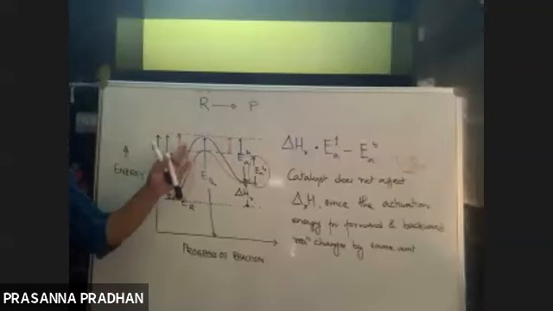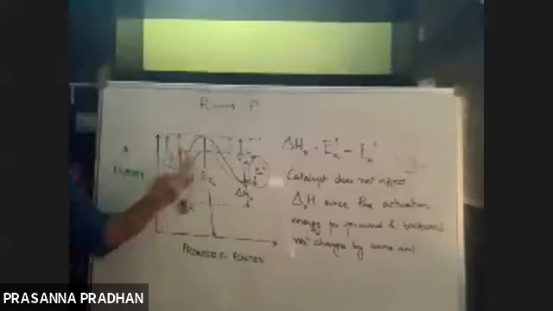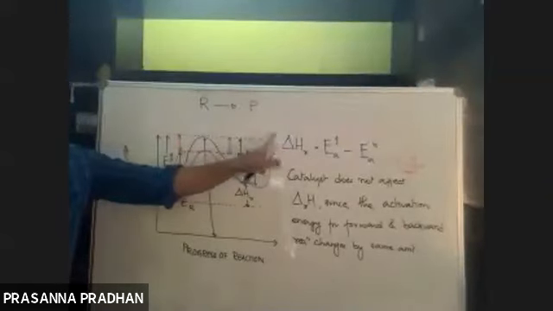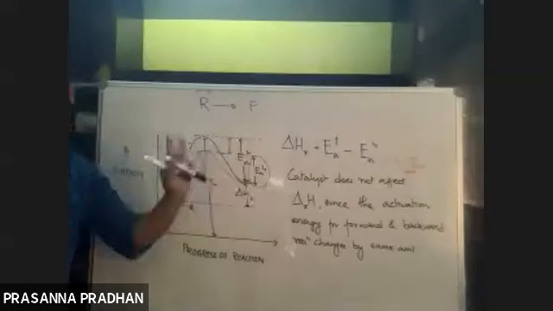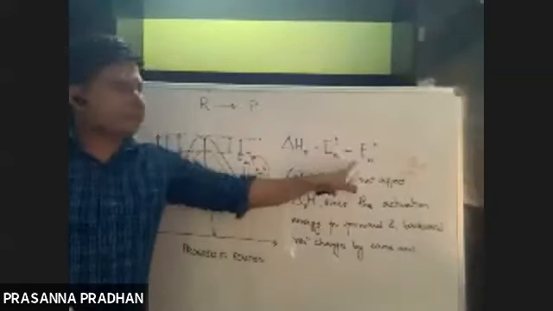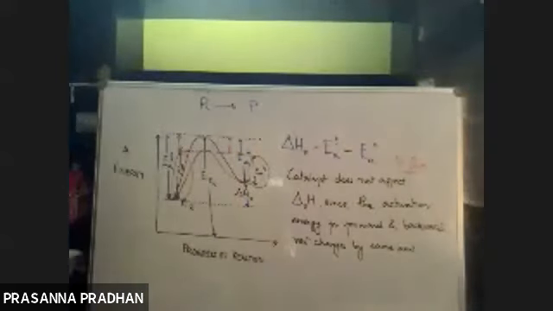Okay, so today with a fresh mind, again you sit and look at this graph. Once more you see the recorded classes, you see the graph, and again you just discuss this. You just go through this concept. So both EAF and EAB change, but they change by the same amount in presence of catalyst. That is why delta H remains unchanged.